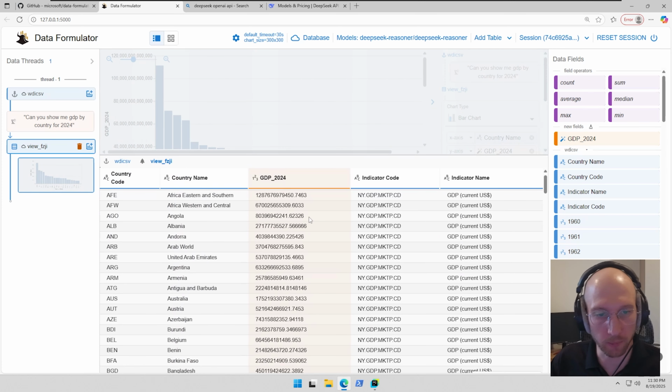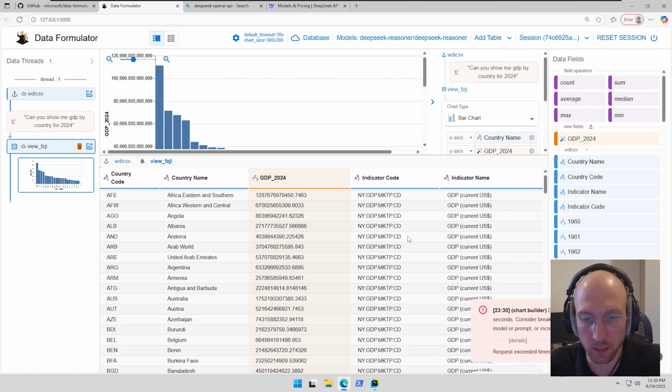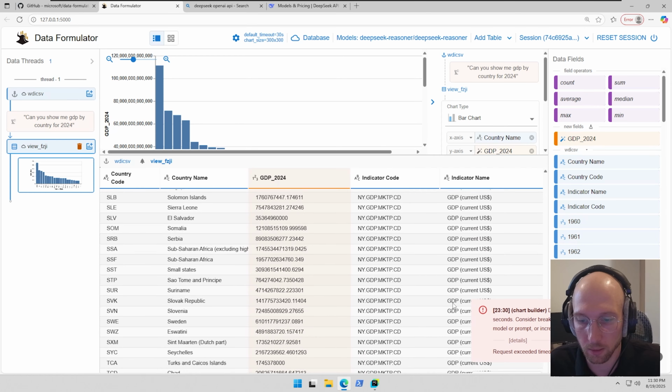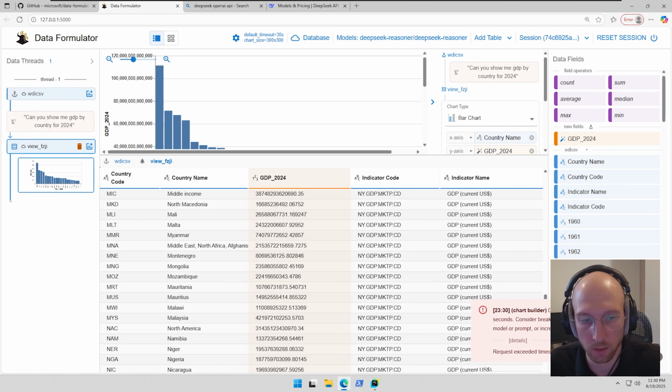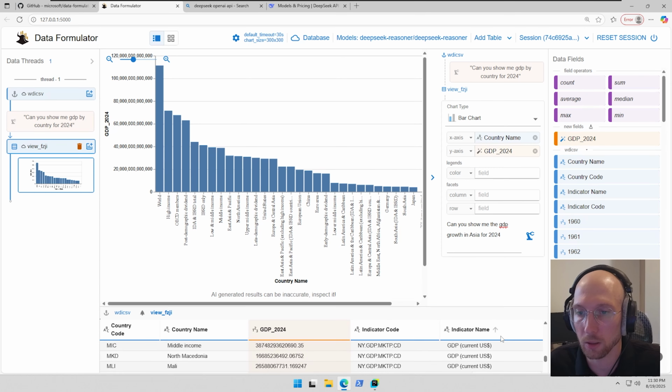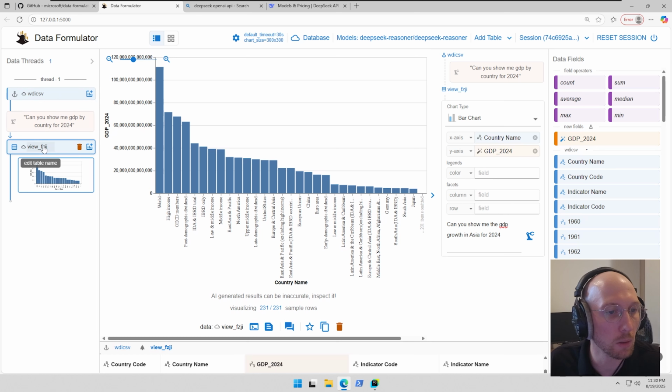While this is loading, we can see down here it's calculated the GDP. Oh, okay, it's actually taken the right code too. So GDP growth is a little bit too complex. Let's see, let's try something different. We're gonna do